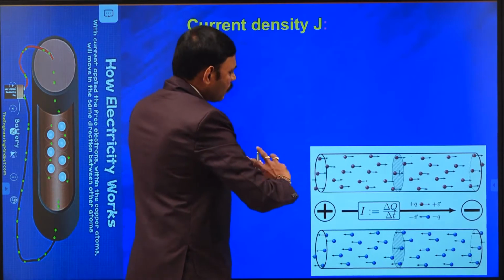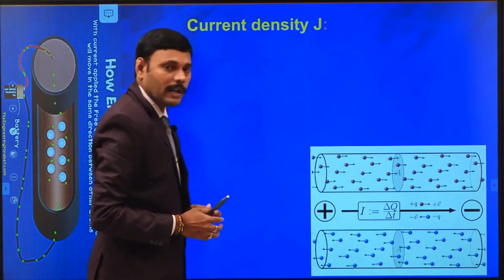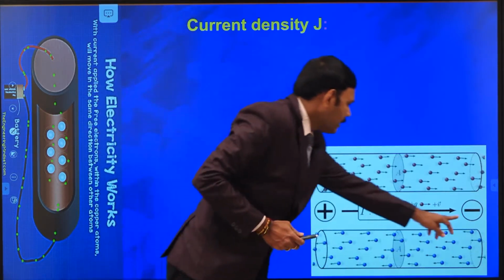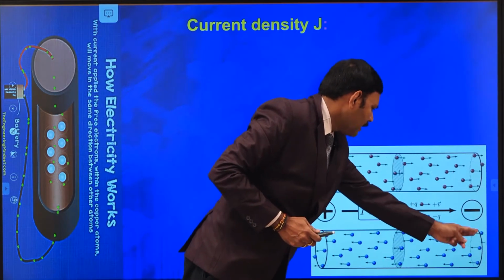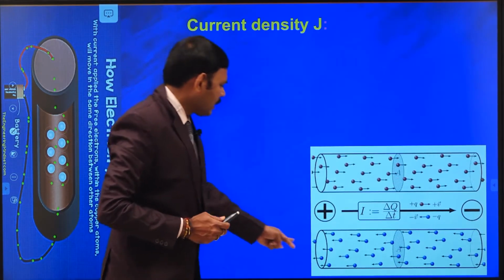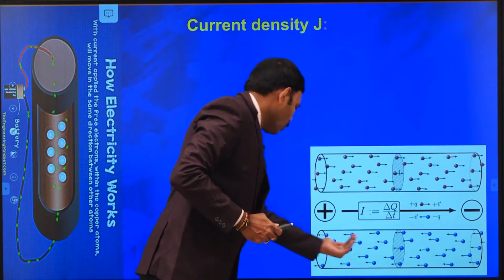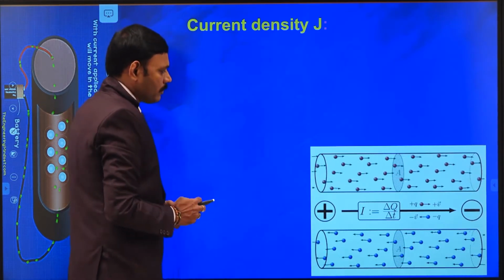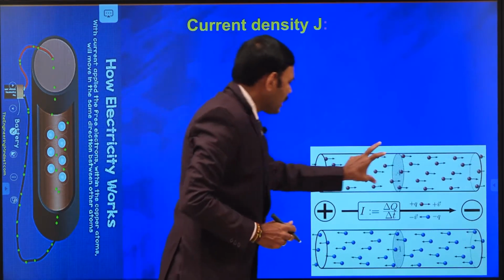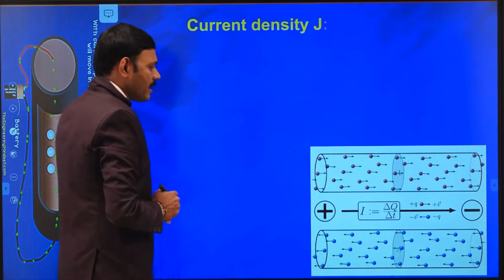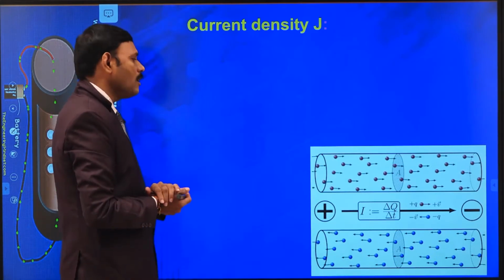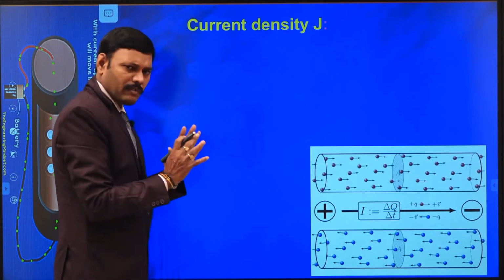We are showing the mobility of both positive and negative charges. The negative terminal does work and repels the electrons in the conductor. The electrons are indicated by violet dots, and they are moving towards the positive terminal of the battery. This rate of flow of charge is defined as the current already. Current density is the current per unit area, a very simple thing.